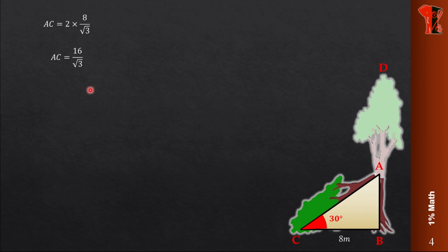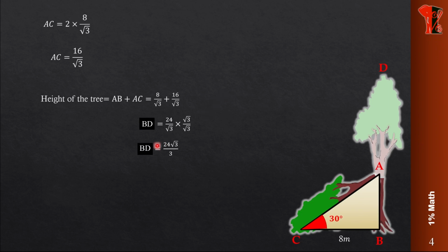Now what we have got is the length of AB as well as AD. If I want to find the height of the tree, I am going to add both of them, AB and AC. You can see the calculation here: 8 by root 3 plus 16 by root 3. Since both have the same denominator, we add them and it becomes 24 by root 3. Then we rationalize. We didn't do the rationalization in the previous step because now we are doing it once for all, so it will be easy.